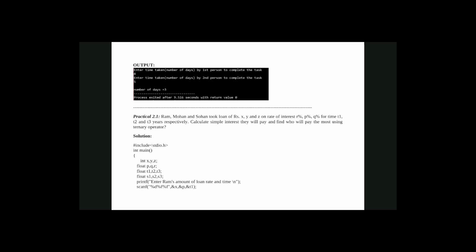So you create the algorithm only for this practical. Now we will see the next practical.